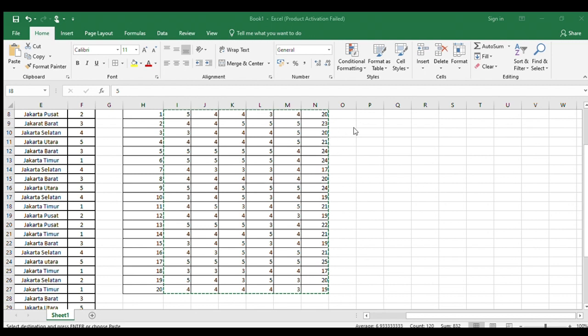All the results are valid because the result scores are bigger than R table.